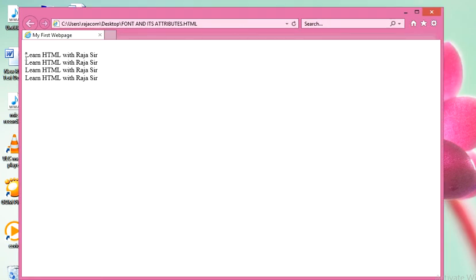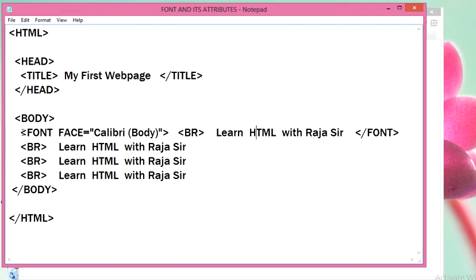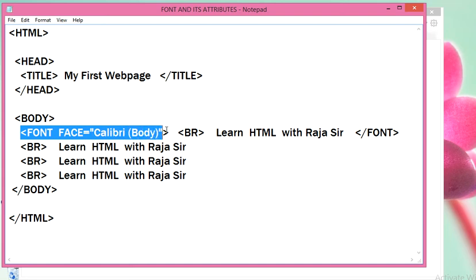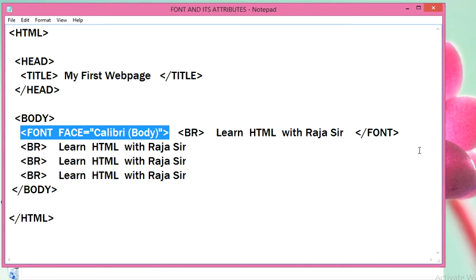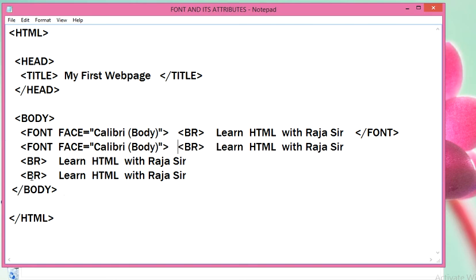Okay, so I'm sure nothing is changed because maybe this is the same pattern for all. So I'm going to write a different font face for each line so that you will be able to find the differences between them. So just copy this and paste it at the beginning of each line.